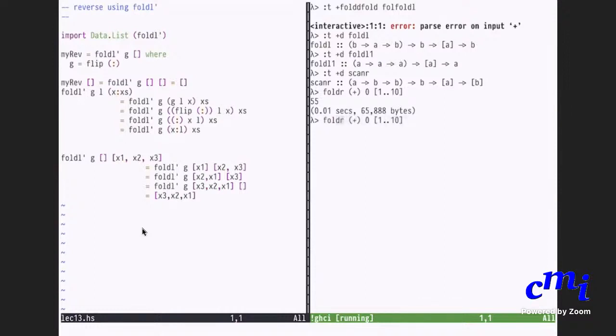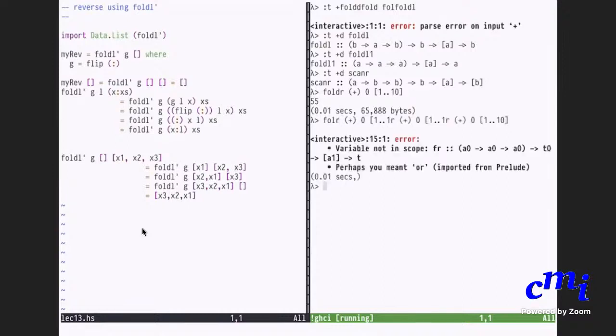Oh, I'm doing the same mistake again. Okay, so you will get the values 0, 10, 9, etc. So let's see how you do. Okay, so you get it in the reverse order itself.